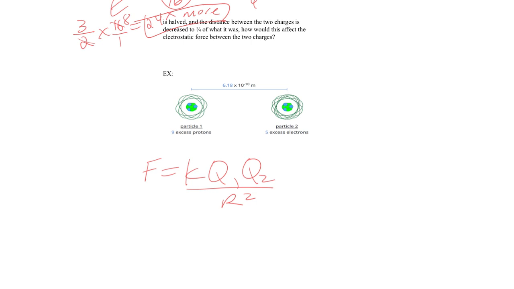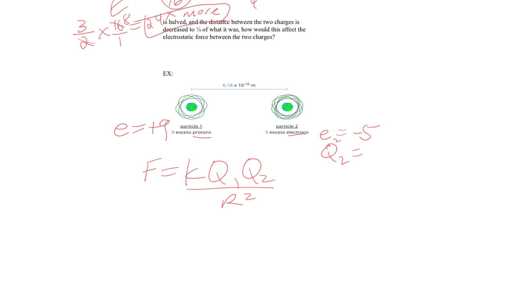Okay, this is going to be crazy because this is in protons, this is in electrons. So E is -5 here because you have 5 extra electrons, and E is +9 here because you have 9 extra protons. So Q, let's call this Q2. Q2 is equal to 9 e to the 9. That's what the K value is, times,